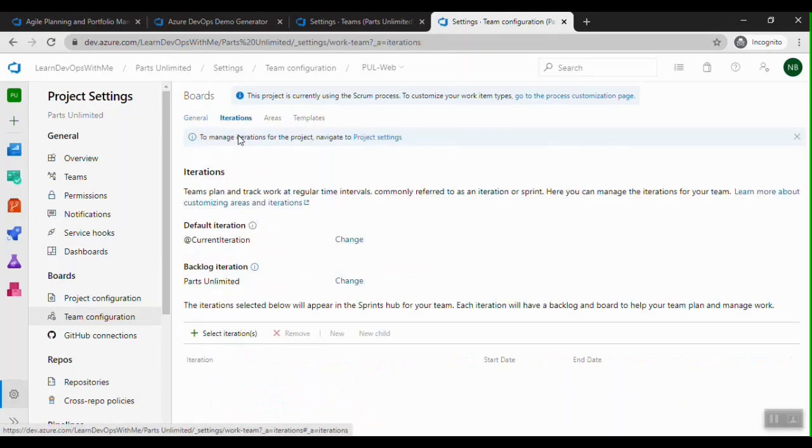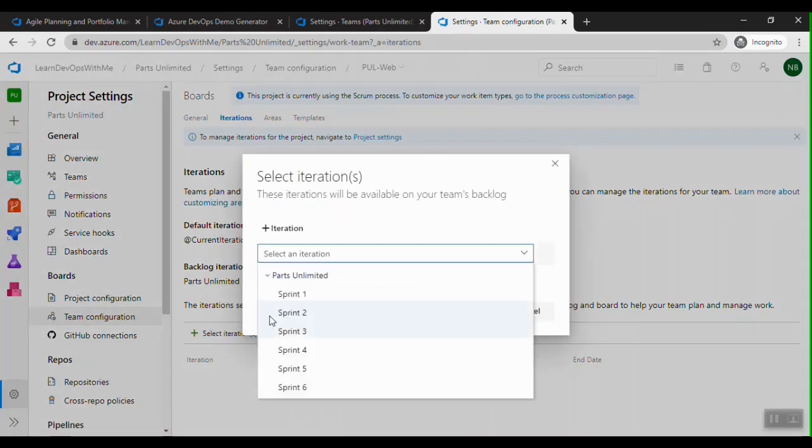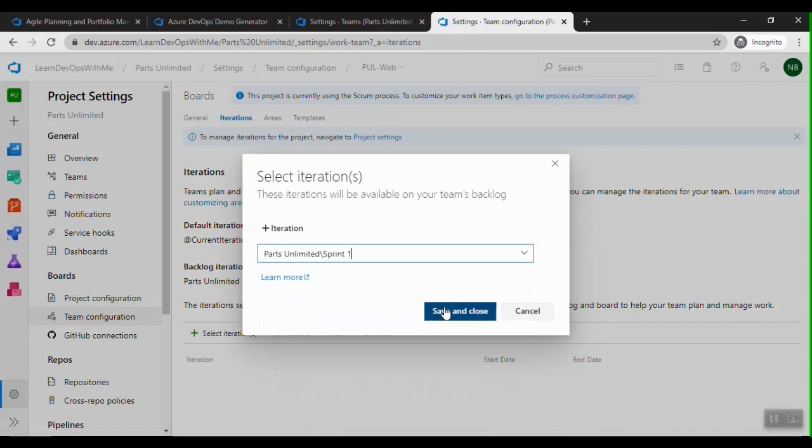Let me go to the iterations and select the iterations here. By default, my backlog iteration will be the team project's base iteration, Parts Unlimited.